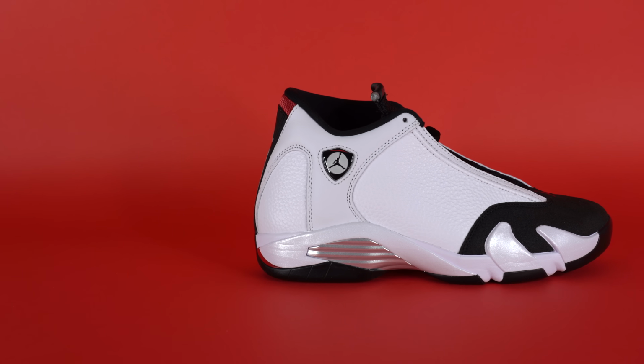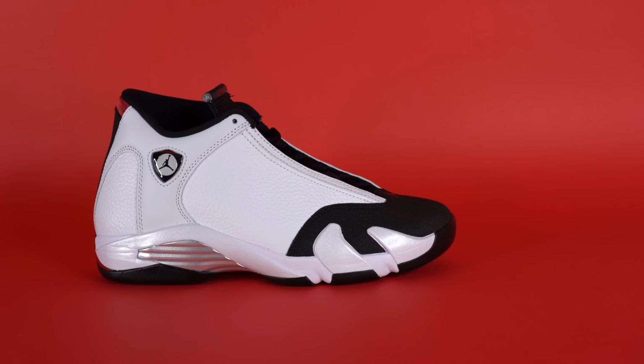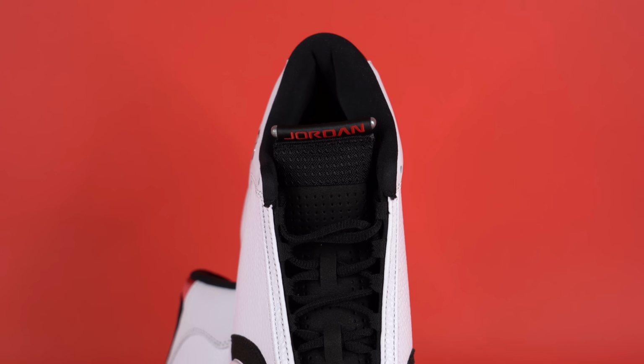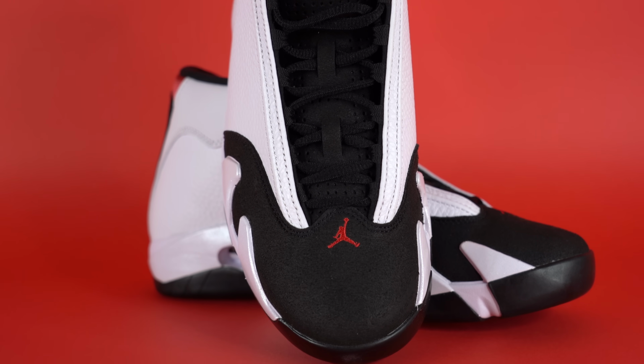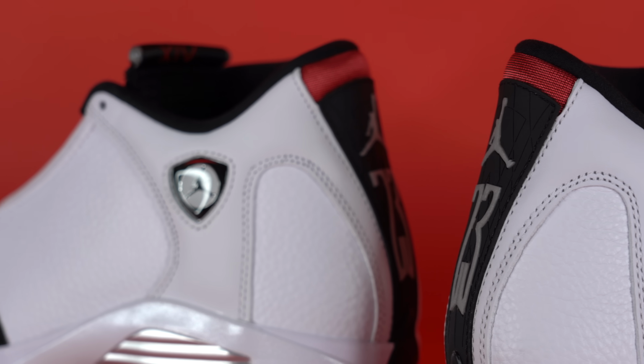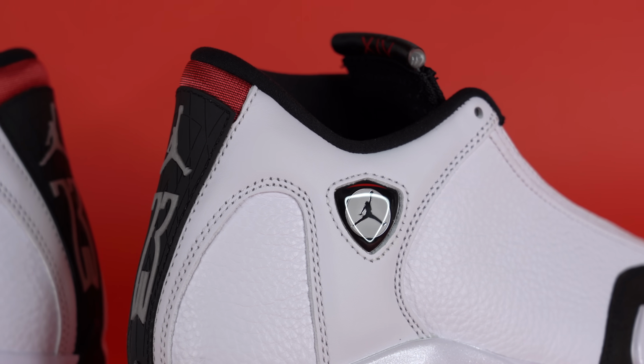In my opinion, the Air Jordan 14 is one of the last great Air Jordan retros. I mean, yes, the 15s are fine, and the 16s are fine, and the 17s are fine, but when you think of Air Jordan retros, you mainly think of 1 through 14. Some people only think of like 1 through 12 or 1 through 13, but I think the 14 should be included on that list. It's a very clean and classic pair of Air Jordan sneakers,